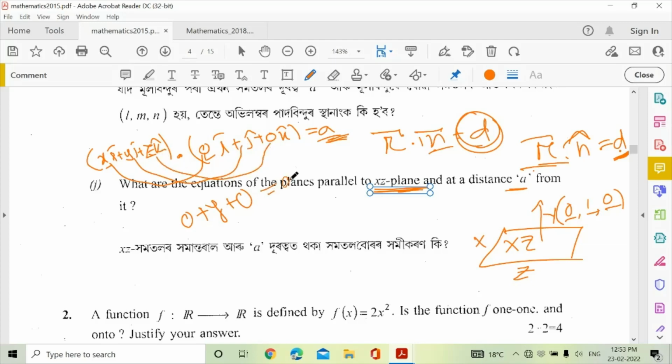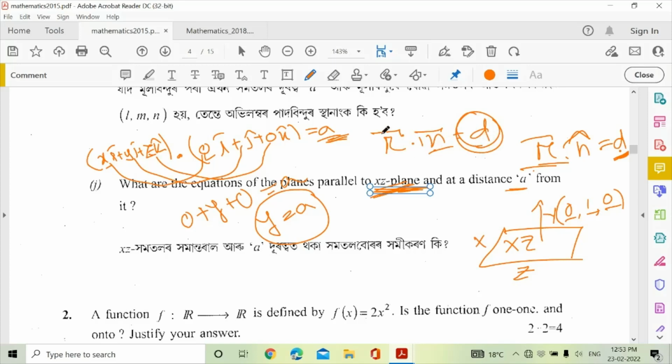So you have this one equal to a. This implies y is equal to a is the equation of the plane parallel to the xz plane at a distance of a. The equation of the plane is y is equal to a. So very simple, formalize: r vector dot n vector is equal